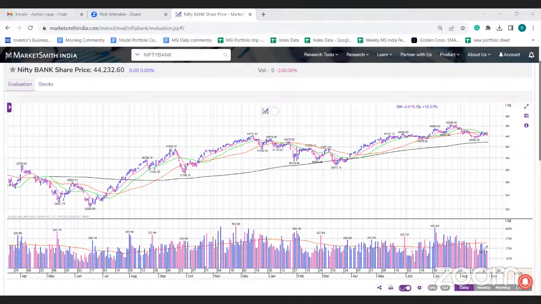But the one good part that I see in the Bank Nifty is the volume. So the volume is broadly drying up. Generally, when the index is moving sideways and the volume is drying up, that's a good sign. There is a possibility that a base is getting formed over here, and if we take the level on the higher side, the rally can resume. However, you need to be very diligent on the lower side also. After such a consolidation, if again you see that the lower level breaks, the previous low breaks, then you might see some fall near to 200 DMA or even below that.